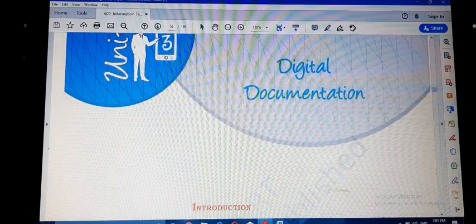And it's all about digital documentation or word processing. In this chapter, we will learn how to create a document, how to edit